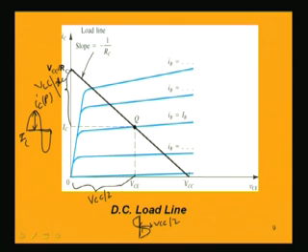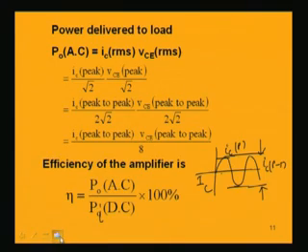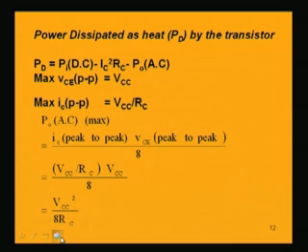So, the total peak to peak swing, if we consider that is VCC, and the peak to peak swing of the collector current, that will be VCC by RC. So now if we consider the maximum output power, considering these maximum cases of the peak to peak swings, then